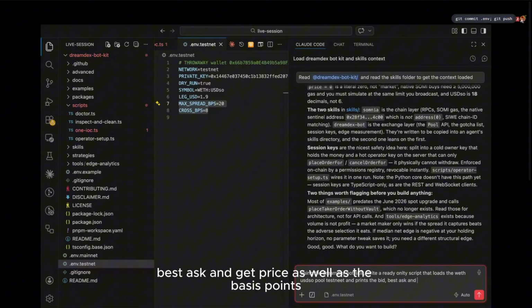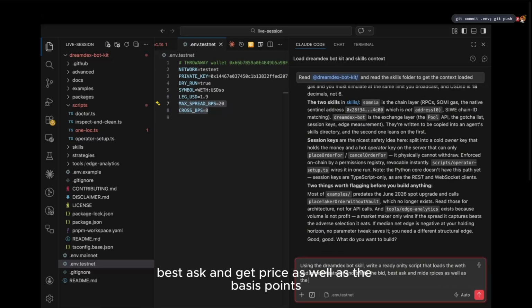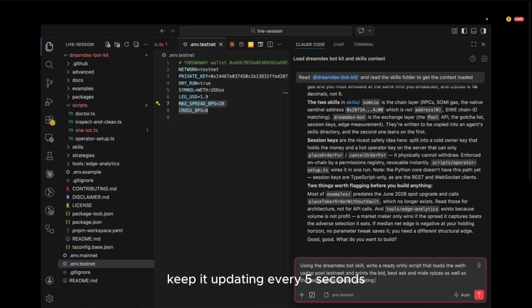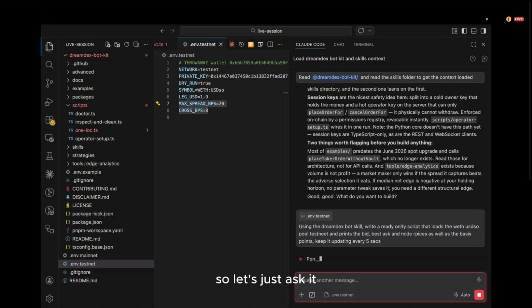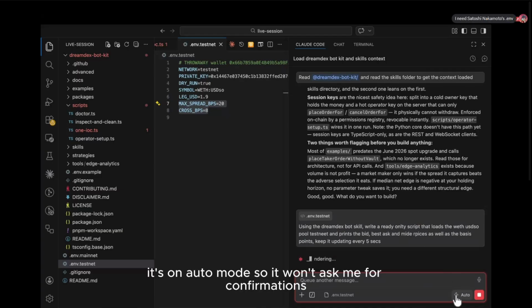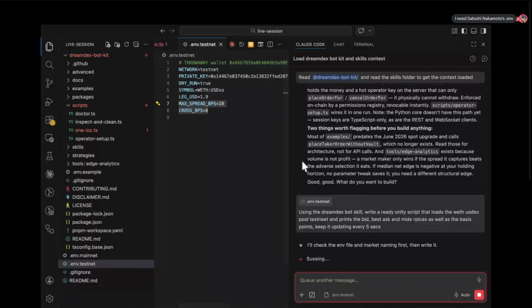Best ask and bid, as well as the basis points. Keep it updating every 5 seconds, let's say. So it basically gives a terminal view of what orders are being placed right now on dreamDEX. So let's just ask it. It's on auto mode, so it won't ask me for confirmations.